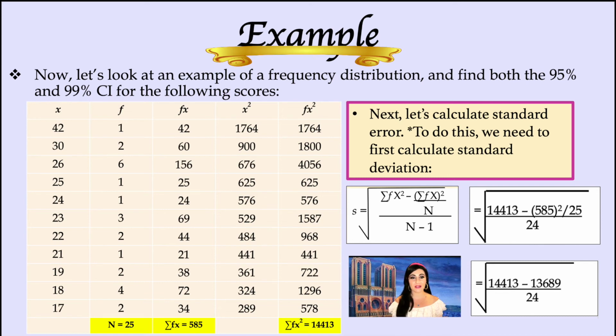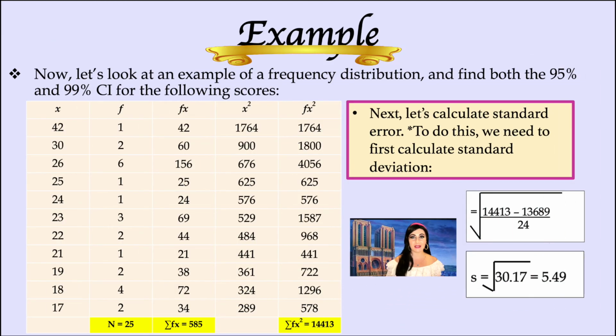So here we can see that the sum of f of x squared is the value 14,413. From that, we're going to subtract the sum of f of x, 585, and then square it and divide that product by 25. Once we have the numerator, we're going to divide by 24 because 24 represents n minus 1, the denominator. So if we simplify that, we can see that 14,413 is going to be subtracting 13,689. 13,689 represents 585 squared divided by 25. So that second section in the numerator should equal 13,689. Once we subtract that difference, we are left with 30.17, and we need to take the square root of 30.17. Once we do that, we see that our standard deviation is